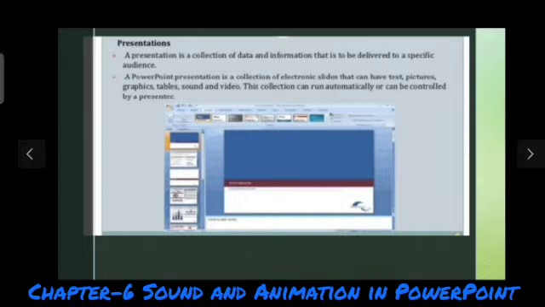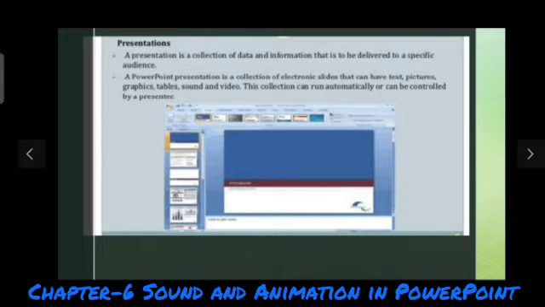So what is a presentation? A presentation is a collection of data and information that is to be delivered to a specific audience. If you want to present anything in front of an audience, you have to prepare a presentation using PowerPoint. A PowerPoint presentation is a collection of electronic slides that can have text, picture, graphics, tables, sound and video.